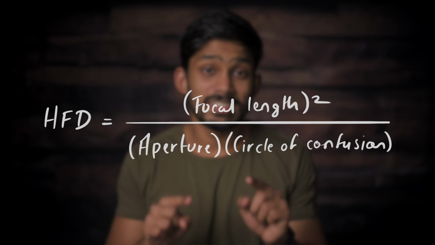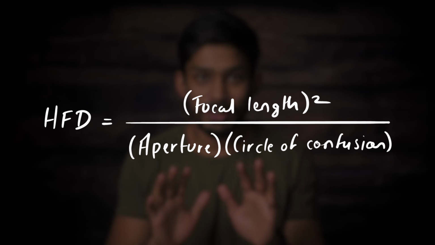Talking about calculating hyperfocal distance, this is the formula. Okay, calm down, do not be stressed, we are not going to use the formula. If we have to take something from the formula, it is that as you increase the focal length, the hyperfocal distance increases. As you use a smaller aperture, meaning a larger aperture number like f10, f16, f22, the hyperfocal distance reduces.